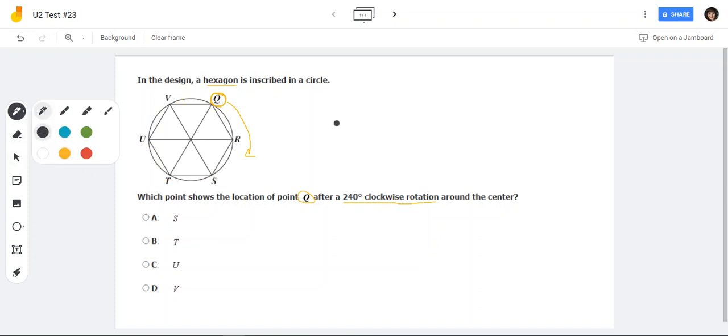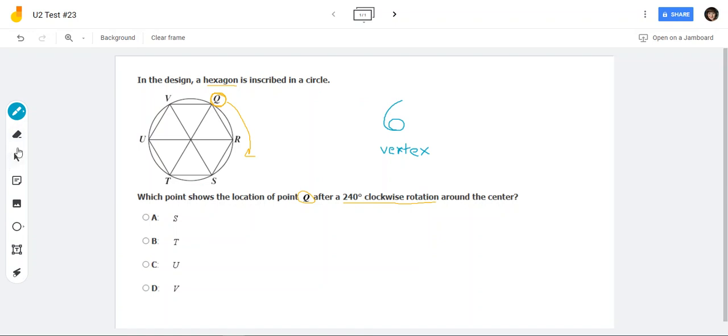Okay, so we're going to have 6 vertices. Vertex. That's not an R. Vertex. Okay,